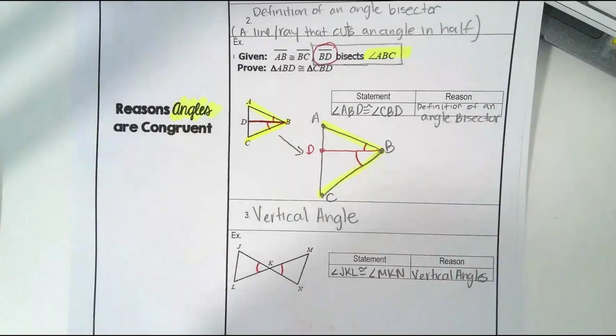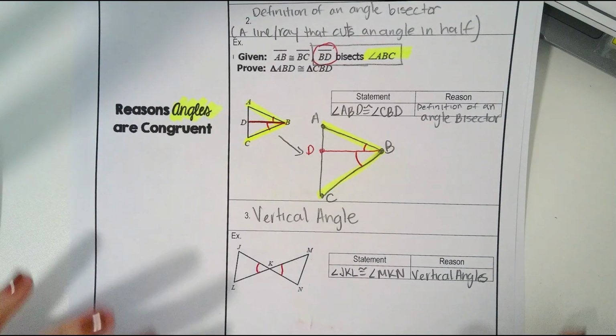So we just went over the reasons that sides and angles are congruent. Now we're